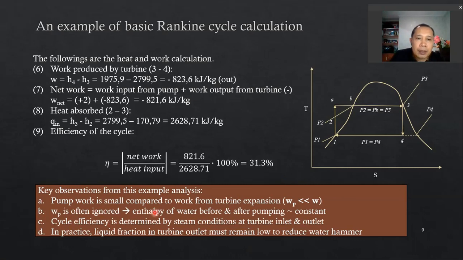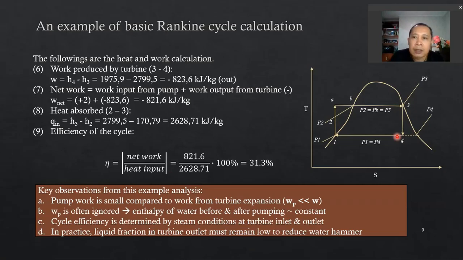Okay, enthalpy of water before and after pumping can sometimes be assumed to be constant. But again, take a look at your Rankine cycle diagram and see if this is really true for your problem. Okay. Cycle efficiency is determined by steam condition at turbine inlet and outlet. So meaning this one here, okay, point 3 and point 4 is a very big deal in determining the efficiency